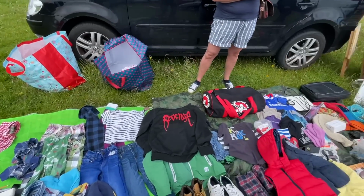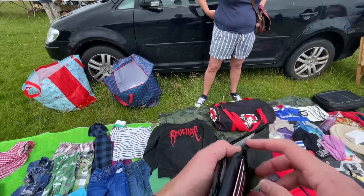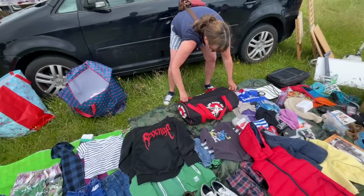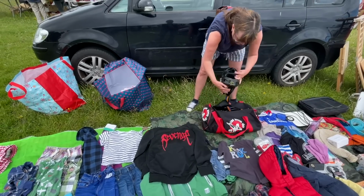I'll just take this one, I think. It's nice, that one. What's in it? Is there stuff in it? Yeah, it's a full taekwondo kit. Cost us 100 quid, this one, with the whole...